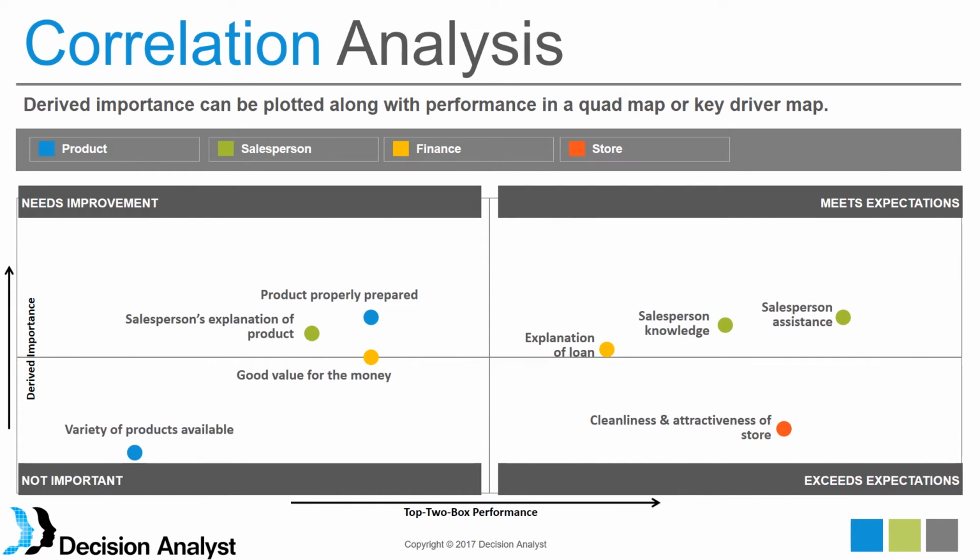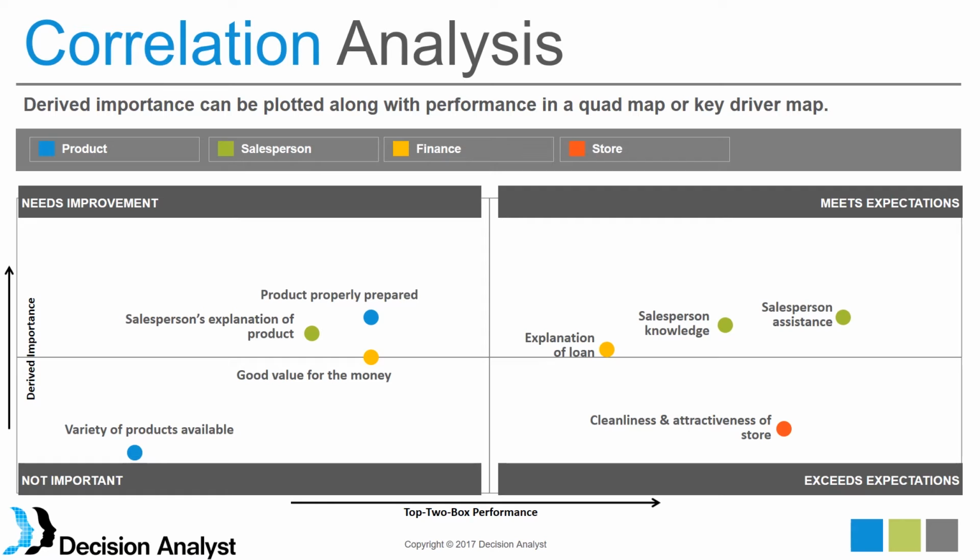But that's not the complete picture. Another display to garner even more information is the derived importance performance map. Some people call these quad maps. Some even say perceptual maps. But it is a very nice visual display that plots the derived importance on the vertical axis and a performance